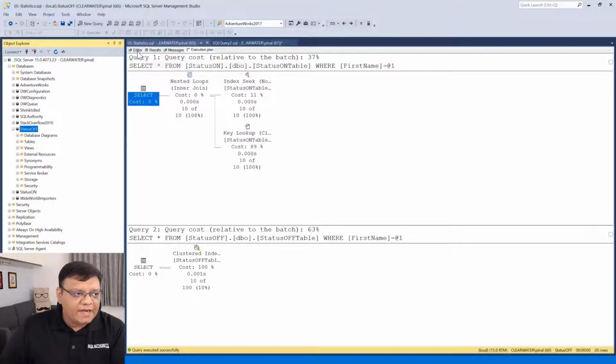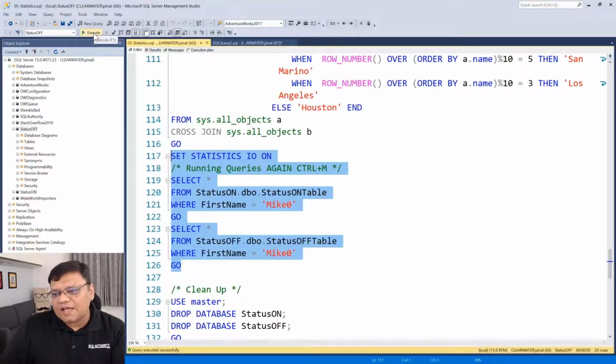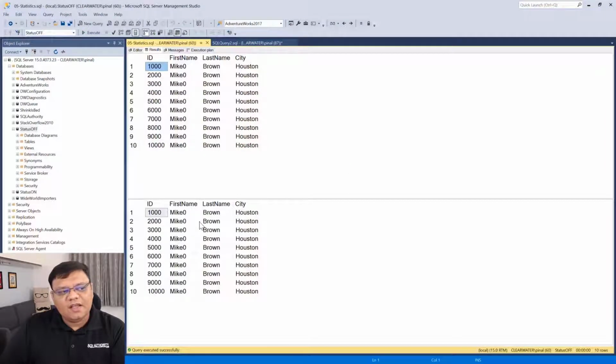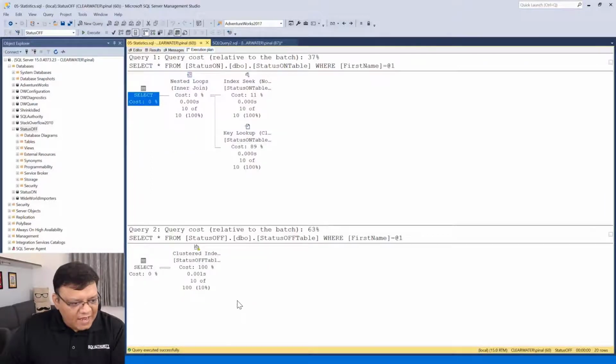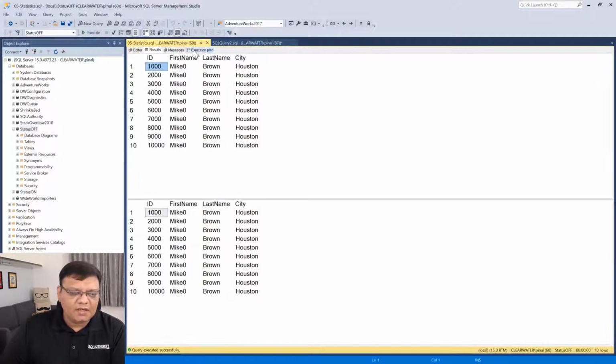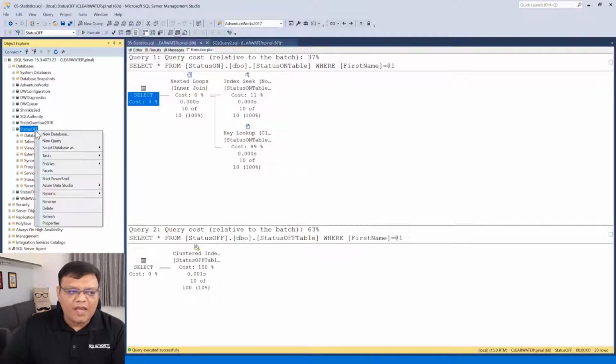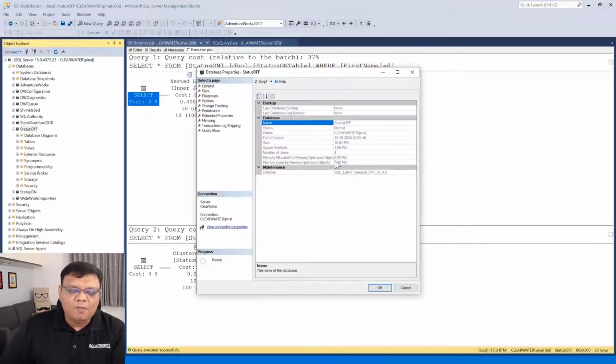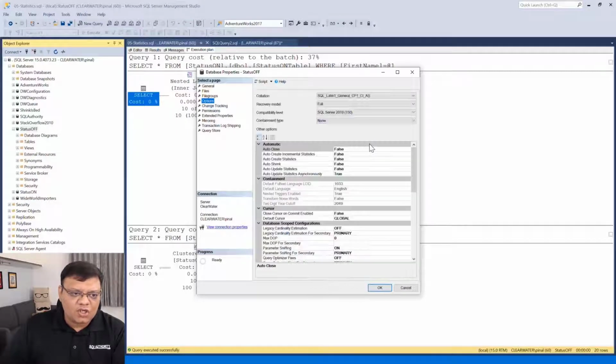Once I do that, and if I run these queries again, can anybody guess what would happen? Do you guys think the bottom query's statistics would be updated? Okay, I'll give you 5 seconds to answer this. 1, 2, 3, 4, 5. Actually, no, the bottom query is still using the same older execution plan. Let me run it again. Still same. Let me run it again. Still same. So if you enable the asynchronous, it won't come into action till you actually do auto update statistics as well as auto create statistics.